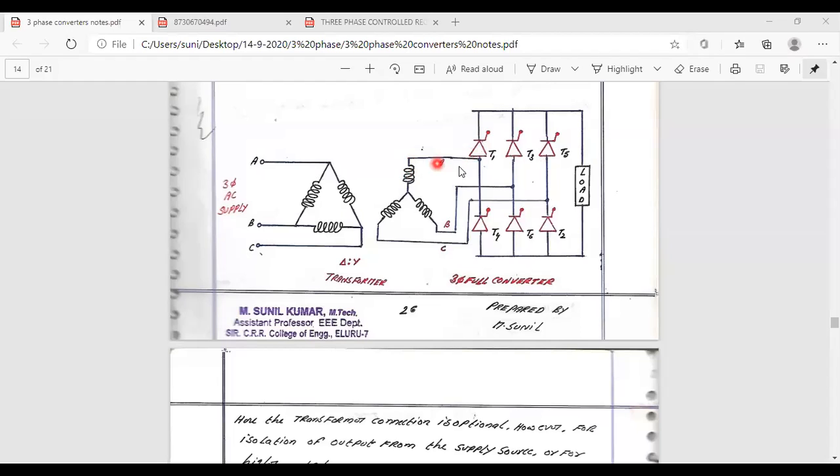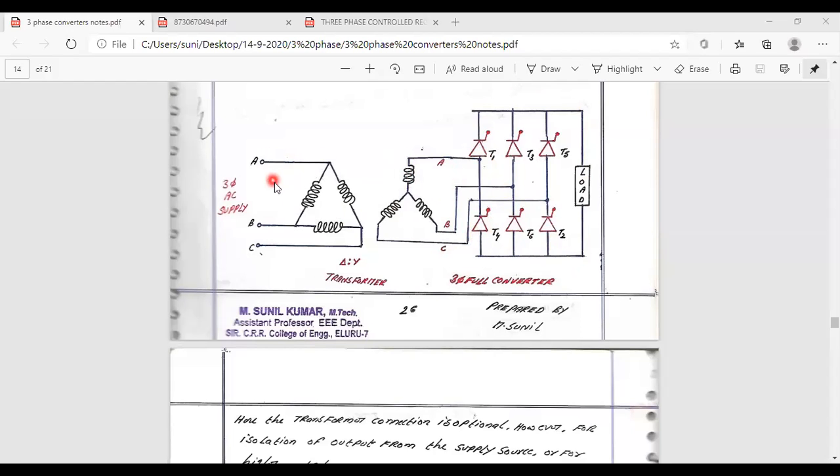From this particular point to T1, and from T1 to the return, the return is done either by T2 or by T6. In that case, the voltage is the resultant of AB and AC, which is the line voltage prevailing. One more thing, coming to the output voltage expressions, once you check them, I will provide this in the drive link, and if you have any doubt you can ask me.